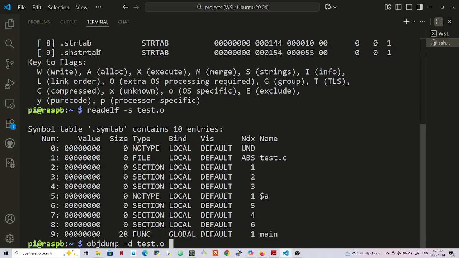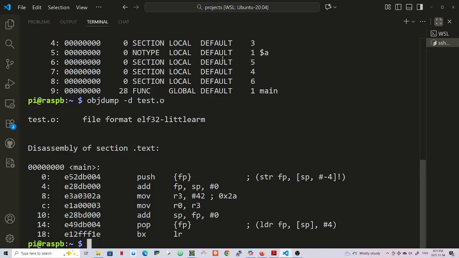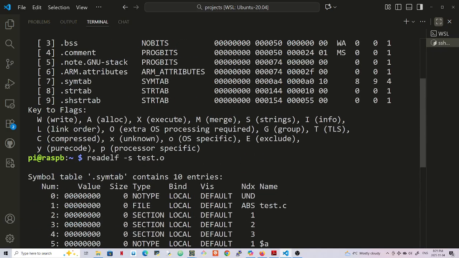Okay, let's run this object dump and see what happens. So here you get into the assembly code, the machine code here, right? You can see all the details. But going back up here, you see